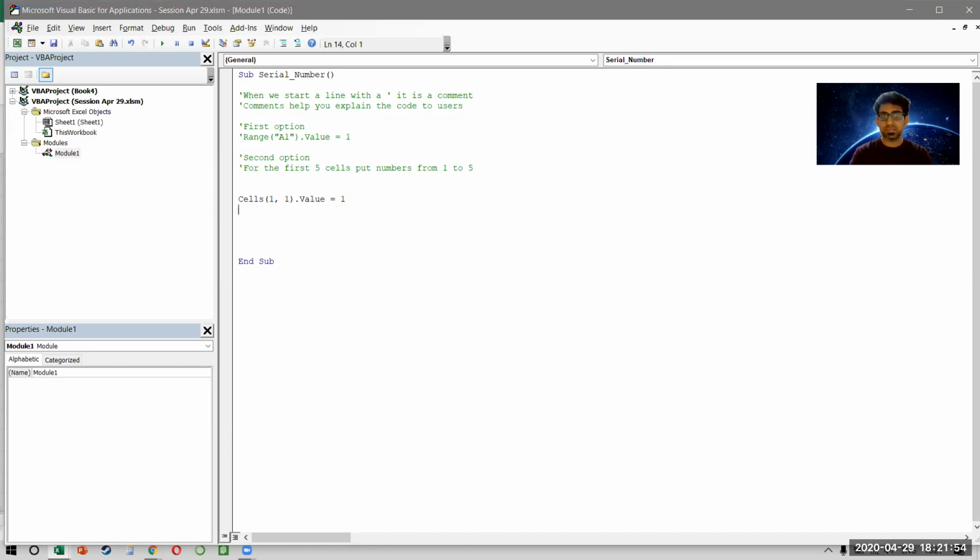So what we say is, look at this. It says for the first 5 cells, right? So I say for I. What is I? I is just a variable which is storing a number. I is equal to 1 to 5. That means I want Excel to first go to the first row, then to the second row, then to the third, then to the fourth, then to the fifth. What is I here? I is my row. That means rather than putting row number 1, I can put I here. That makes sense, right?